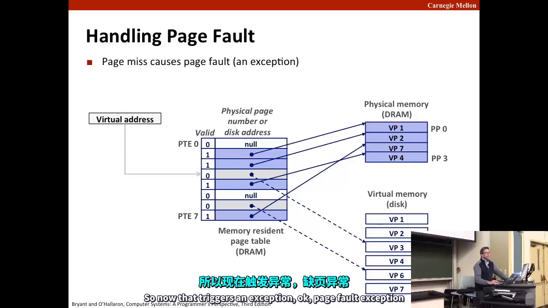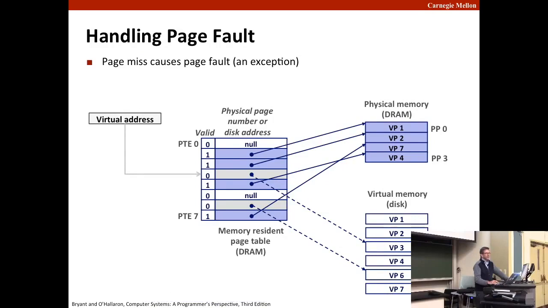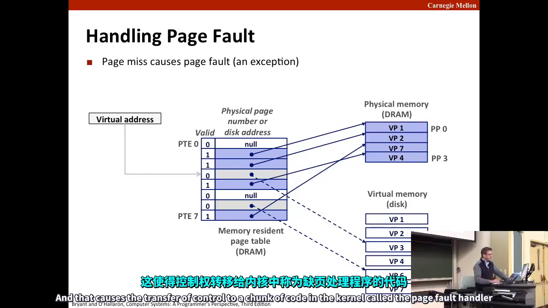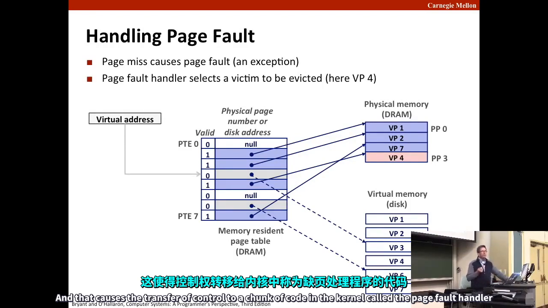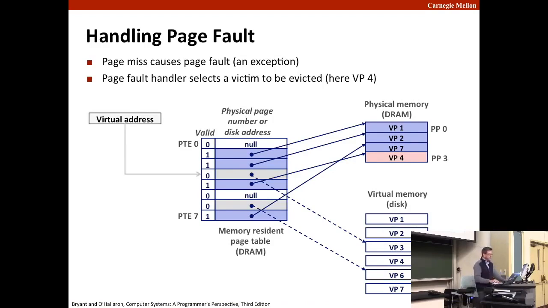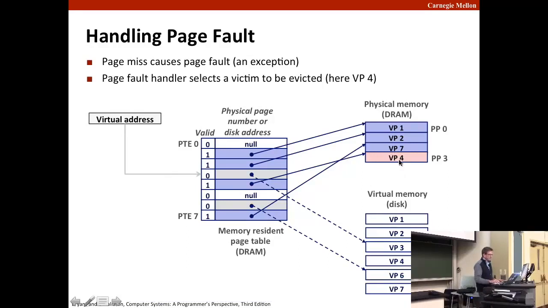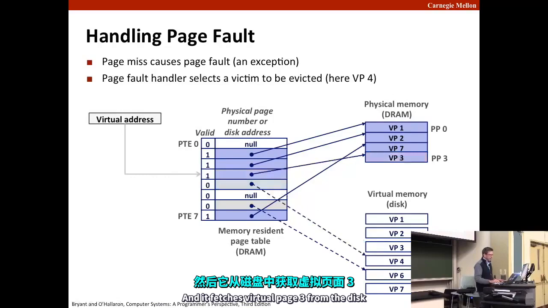So now that triggers an exception, a page fault exception in the hardware. The hardware triggers the exception, and that causes a transfer of control to a chunk of code in the kernel called the page fault handler, which then selects a victim to be evicted, in this case, virtual page 4. And it fetches virtual page 3 from the disk,